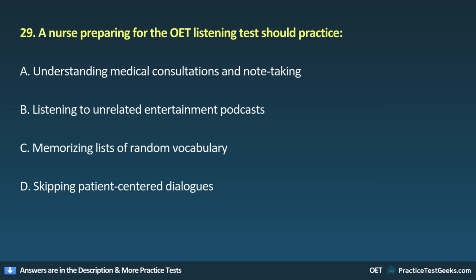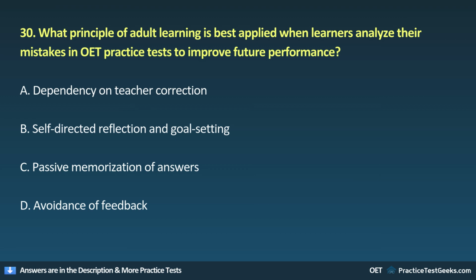Understanding medical consultations and note-taking. B. Listening to unrelated entertainment podcasts. C. Memorizing lists of random vocabulary. D. Skipping patient-centered dialogues. 30. What principle of adult learning is best applied when learners analyze their mistakes in OET practice tests to improve future